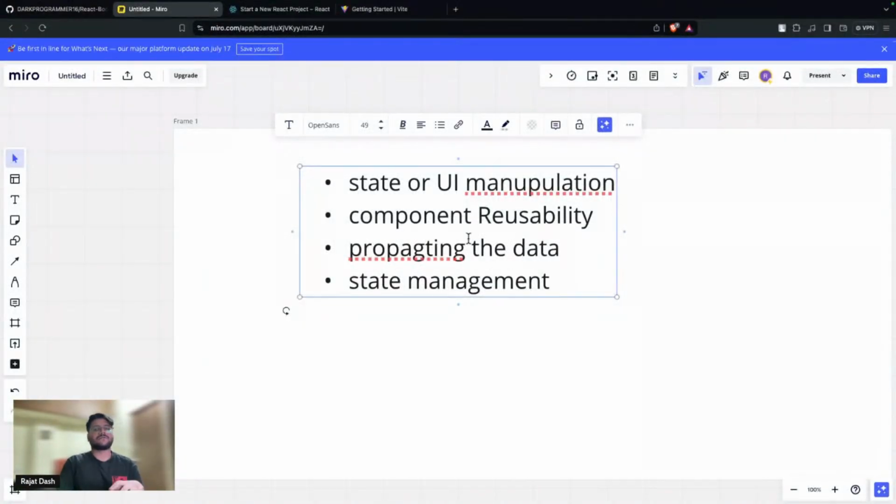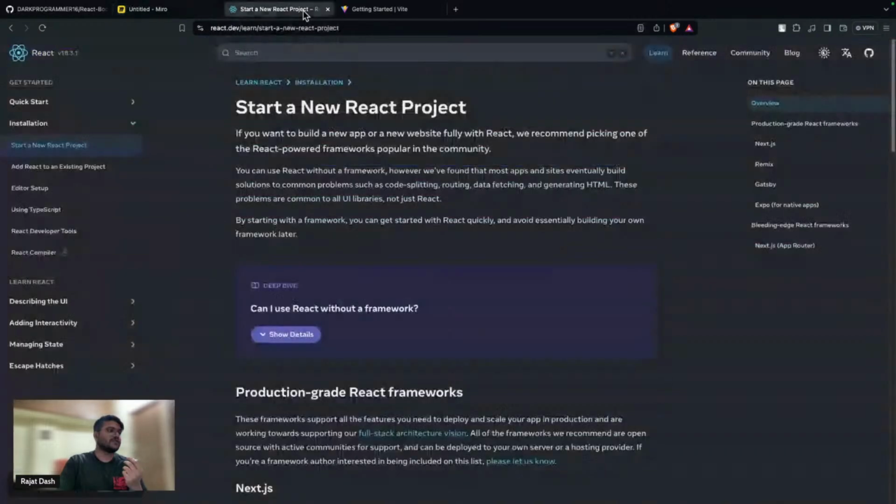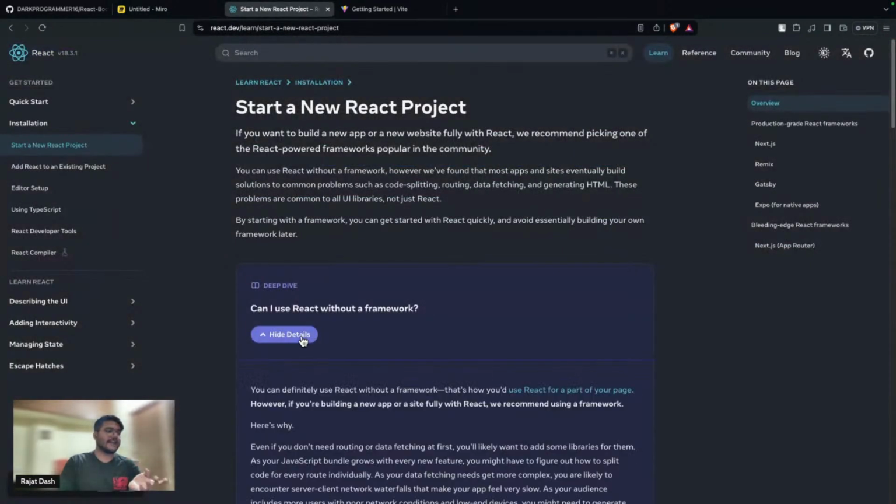Now we won't only be making these static components. It will not always be an H1, it will not always be a paragraph tag. It will also have some data in it. As I showed you in the example, show details and hide details is being toggled.